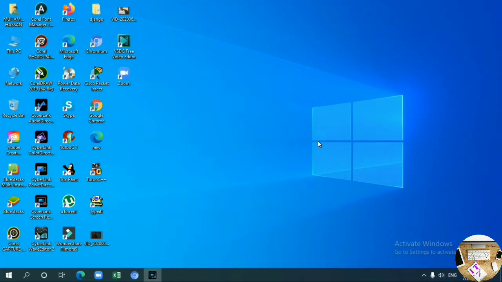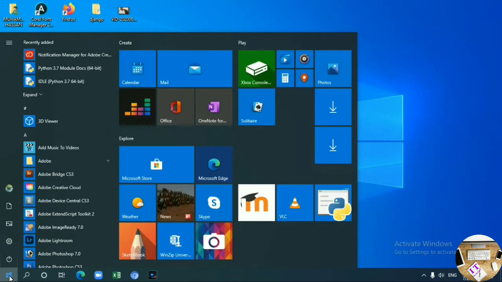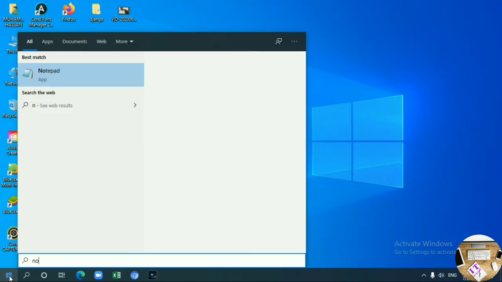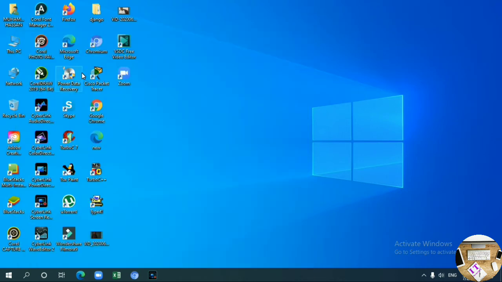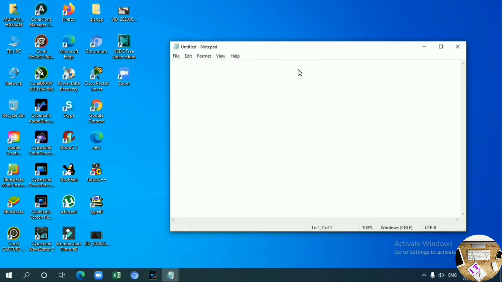So I'm going to create a new HTML program. First of all, you want to open the Notepad application from your Windows. Okay, Notepad means this application. You just want to open this application. After opening this application, we want to type the code. So now I already created one code here.